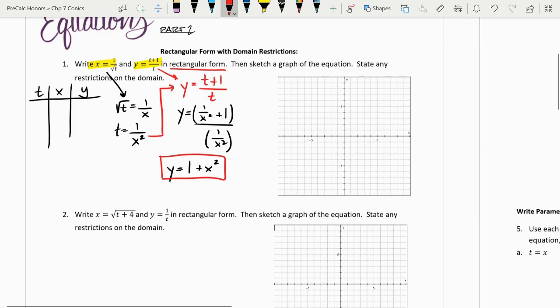And this would be a parabola, right? I'm going to just kind of graph up 1. I'm going to erase that in a minute, but that's what we're thinking to start. However, I can't just jump to the graph and throw this in. If we're going to graph from the rectangular form, we still need to think about what's true at least for x. So thinking about our domain,